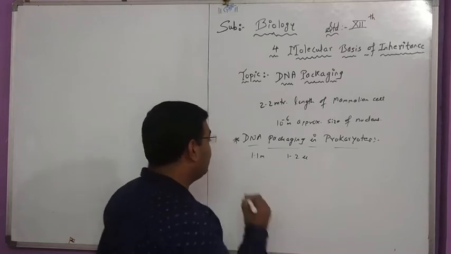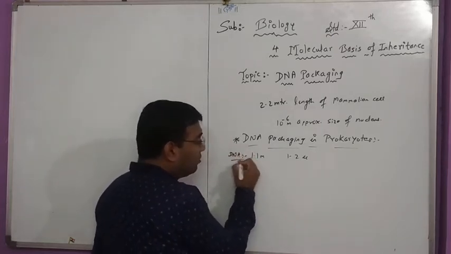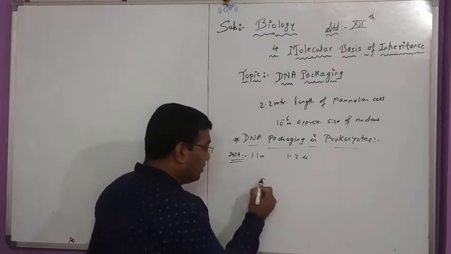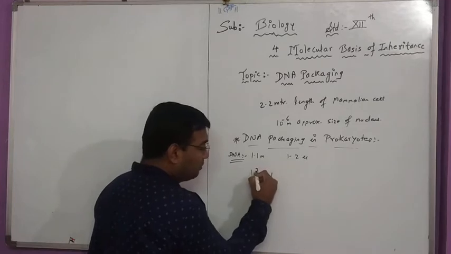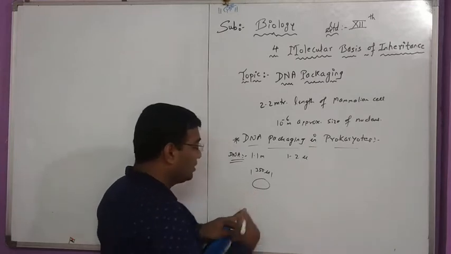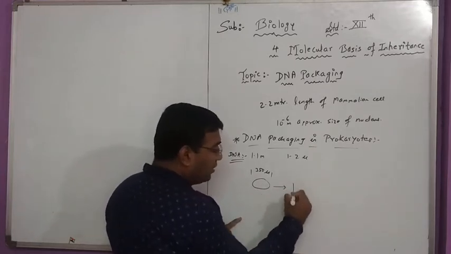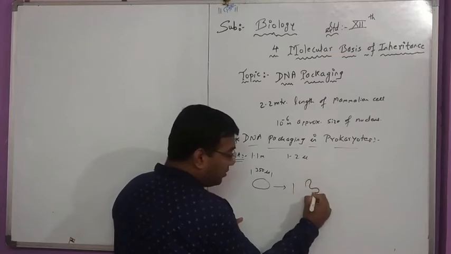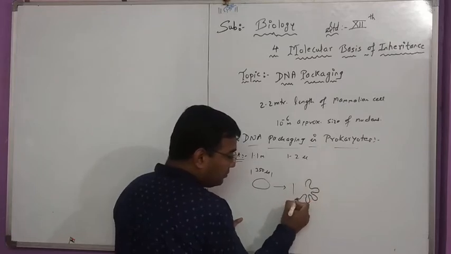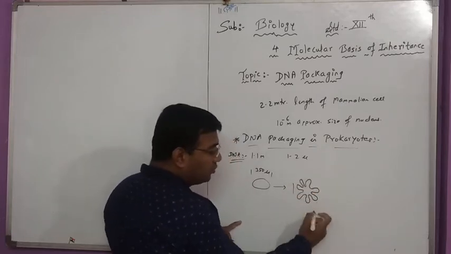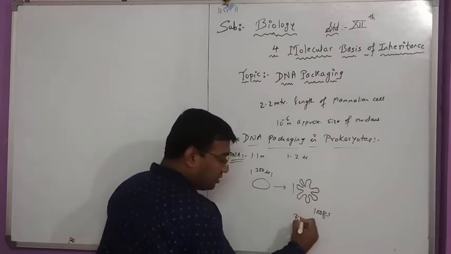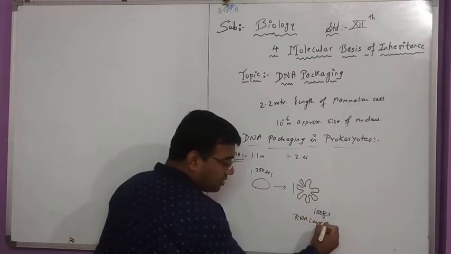For converting the size of the DNA, that is the genetic material of the chromosome, the DNA converts into a circular form, and the circular DNA has a size or width of almost 350 microns. From 350 microns, the circular DNA starts folding. It starts forming loops. You can see here, these are called loops, and they are formed with the help of RNA connectors.